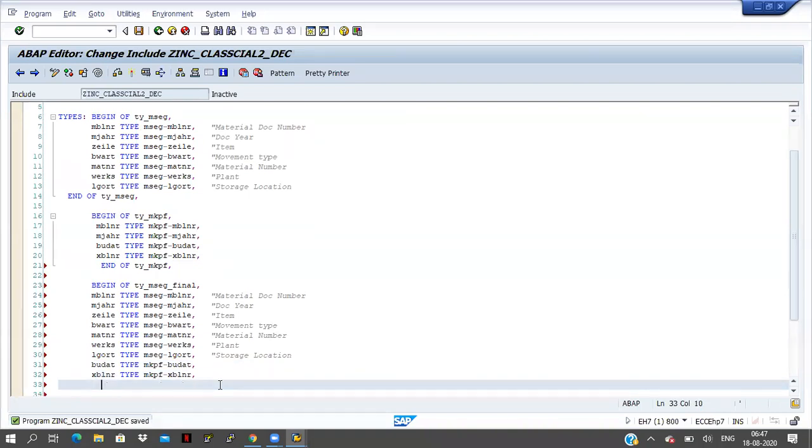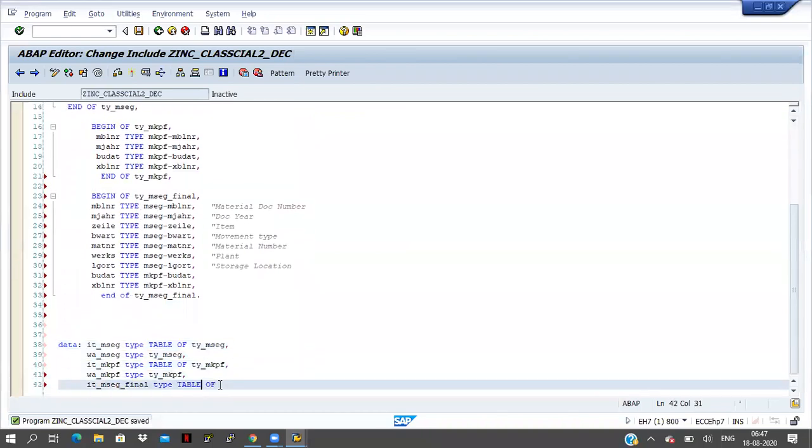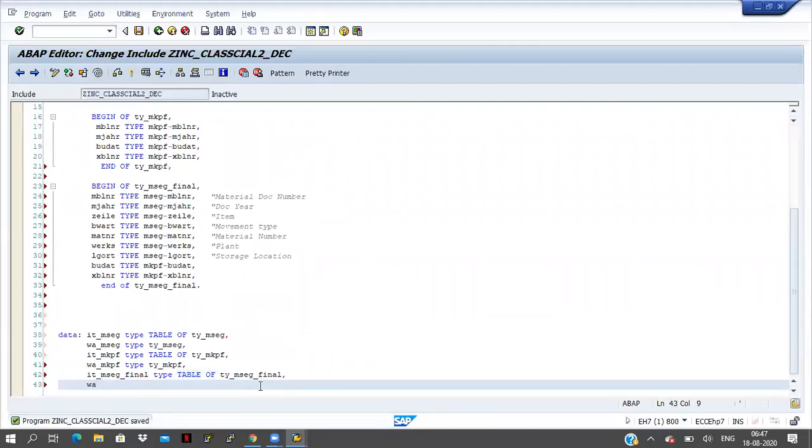And here, end of TY_MSEC_FINAL. Now the type name is TY_MSEC_FINAL, and work area WA_MSEC_FINAL type TY_MSEC_FINAL. Fine, I'm declaring three internal tables and three work areas here.